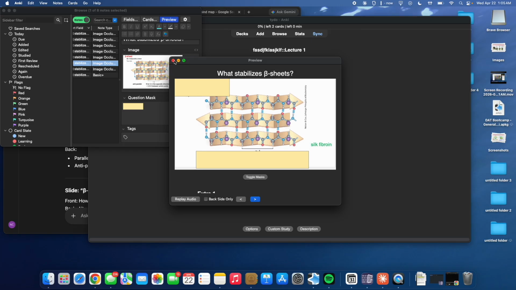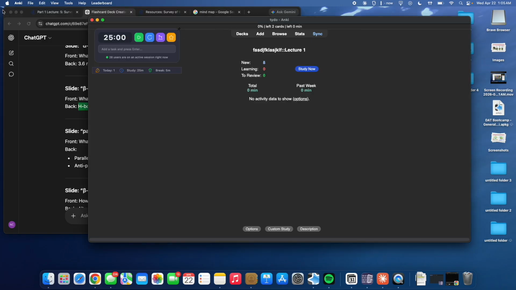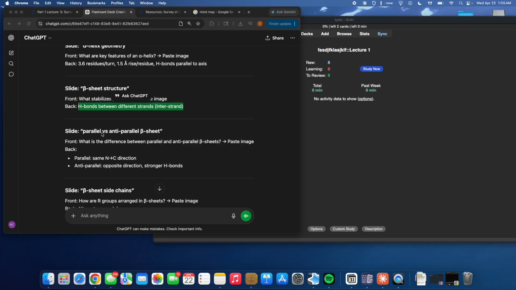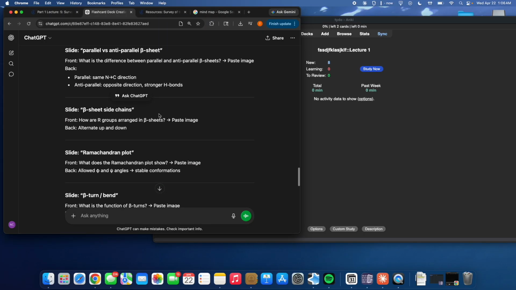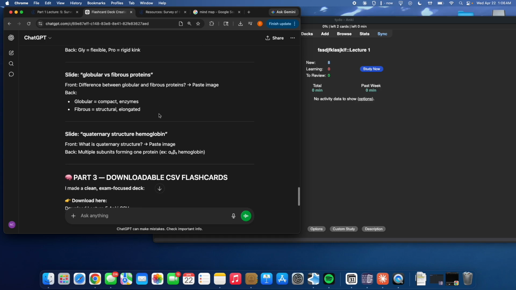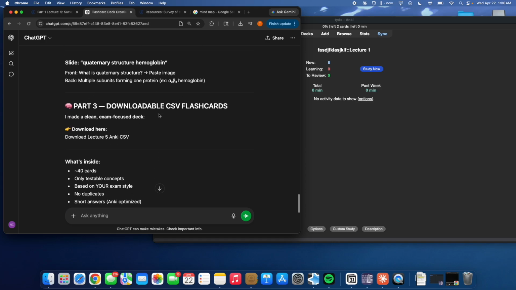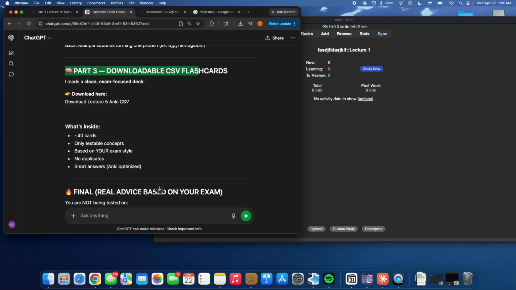So this is one of the more popular ones, image occlusion. And yeah, you would run through this entire thing, adding whatever pictures that it deems worthy of memorizing, right? Then this is where the good part happens, right? Part 3, download the CSV flashcards, right? Instead of hand making your cards and wasting your time making them,